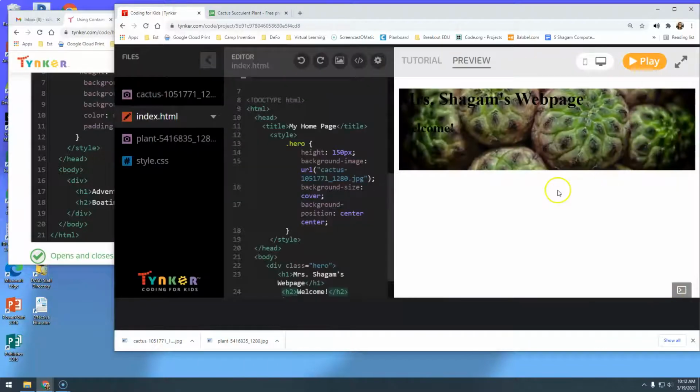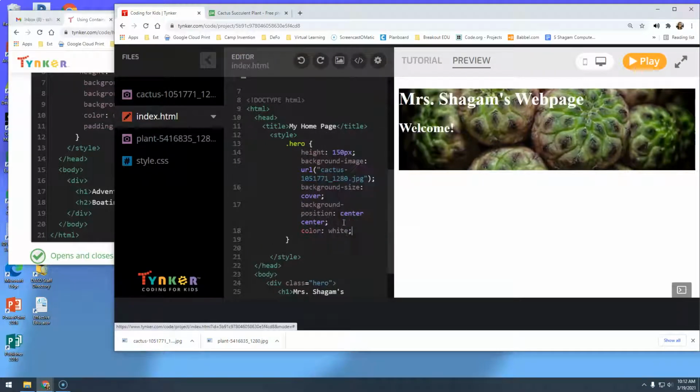Welcome. Now the font is terrible and you can't read it, so I'm going to go up here and go ahead and style my H1. Actually, I'm just going to style within here. I'm just going to say color, white, beautiful, font family,